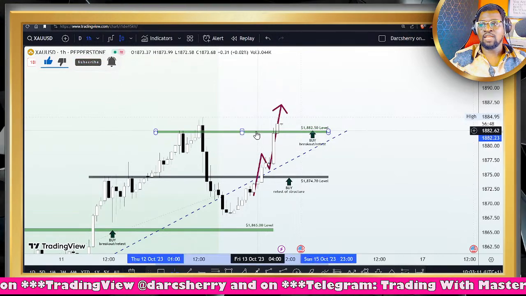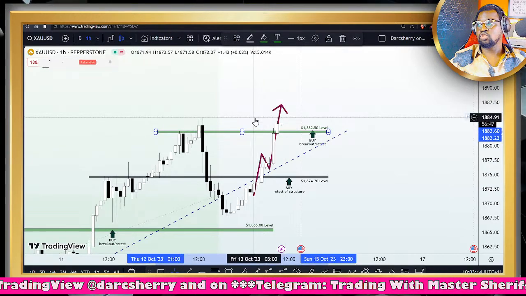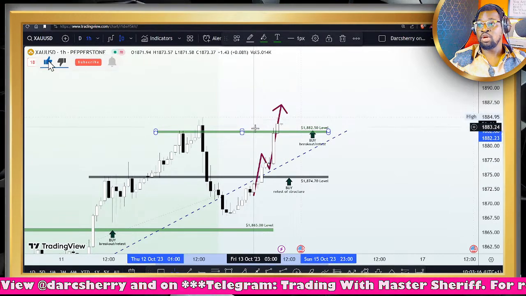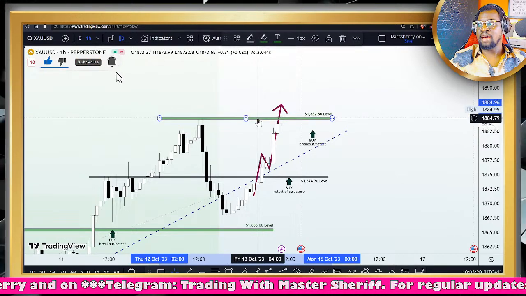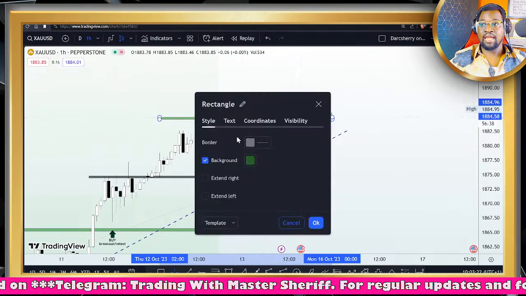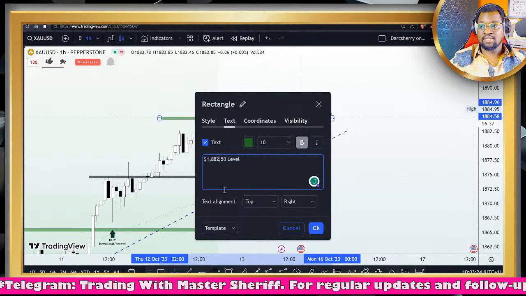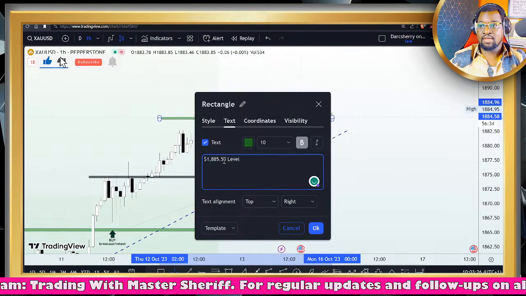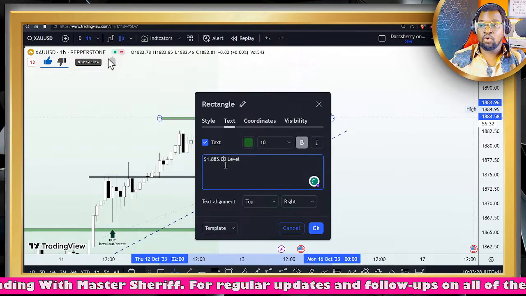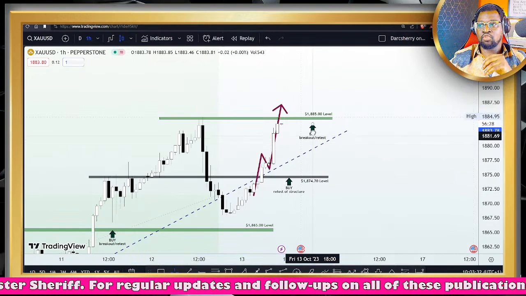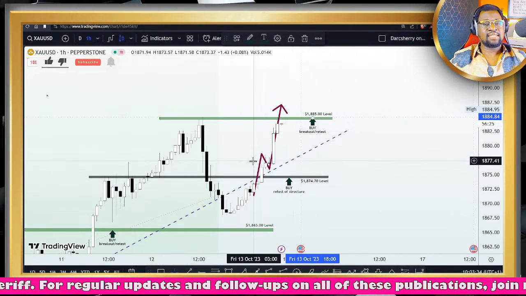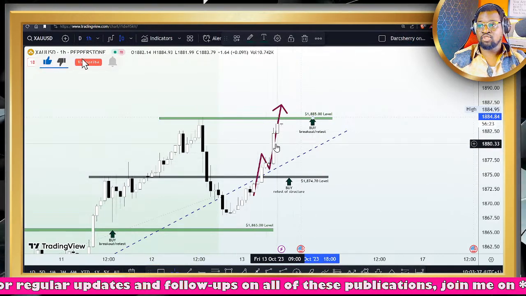Now, one more thing I would like to state here, I would like to do some little readjustment to this resistance level as things appear to have changed. So we have the 1,885 area, what a psychological level that is, considering the round figure of that price. So I've readjusted that to the 1,885 level. So let's see how the market will react to the structure.